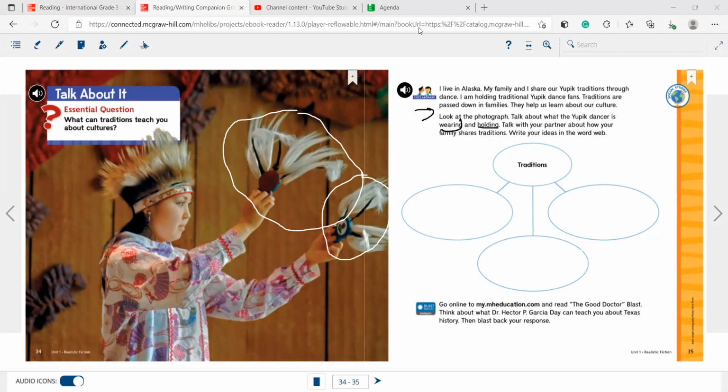So I'll just go directly to the answers. Traditions are, or how can we share traditions? I'm going to list the three ways that we can share traditions, or fill in the three circles, and later on you can copy them on the